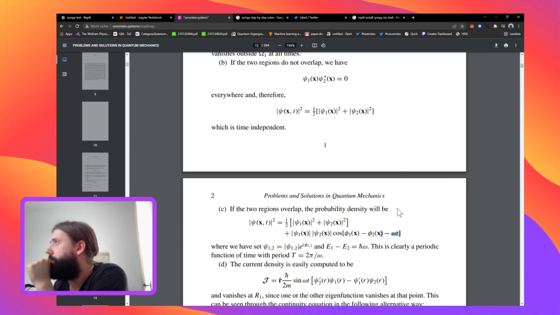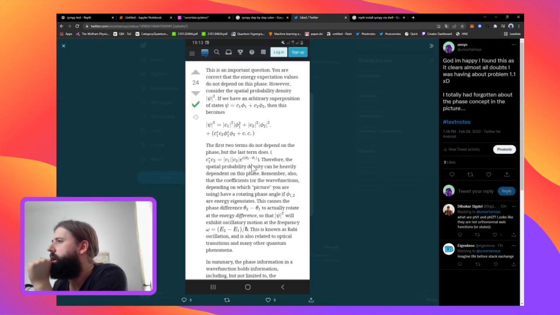Where is that coming from, right? So here they say, really, that the coefficients, or wave functions depending on which picture, have a rotating phase angle if phi 1 and 2 are energy eigenstates. This causes the phase difference to actually rotate at the energy difference, so that squared thing, the probability density, will exhibit oscillatory motion at the frequency